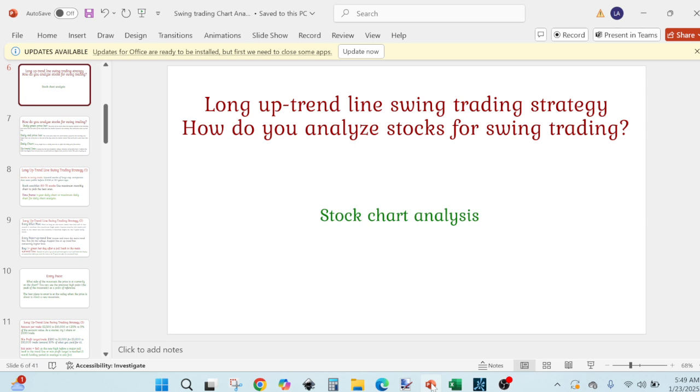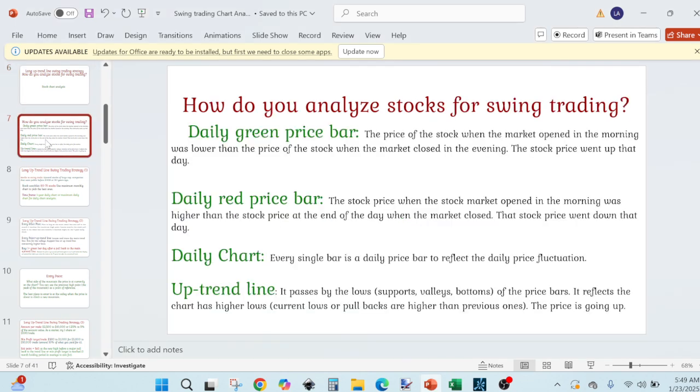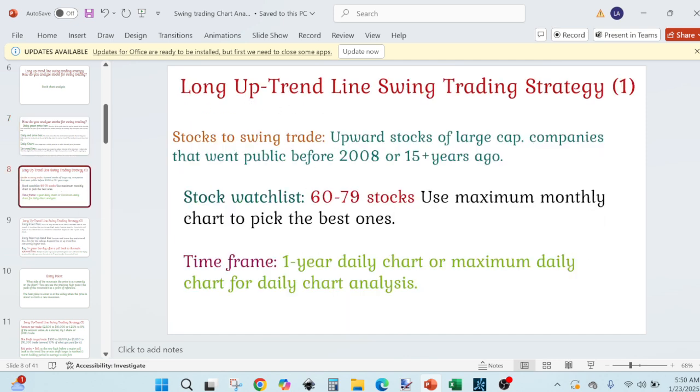And for the uptrend line swing trading strategy, we jot down the strategy we are using and we are tweaking it along the way as well. As we are discovering new things, we are dropping some assumptions and making new ones. Our green bars are the days the price went up, and the red bars are the days the price dropped. It's good to swing trade on a daily chart, and to take your time and handpick the stocks for your watch list and just analyze those every day to keep practicing the strategy you are using,